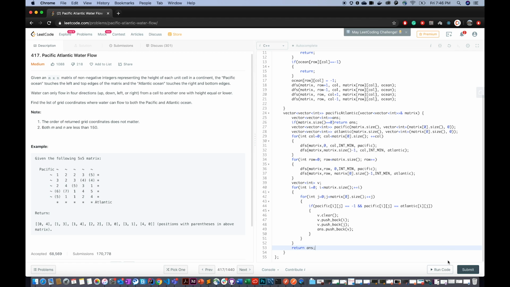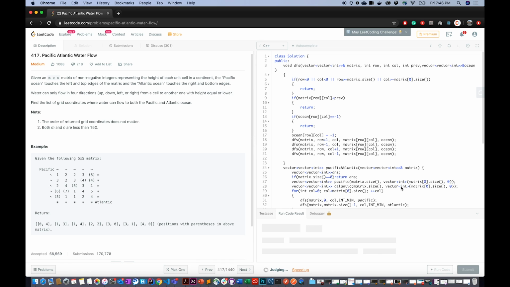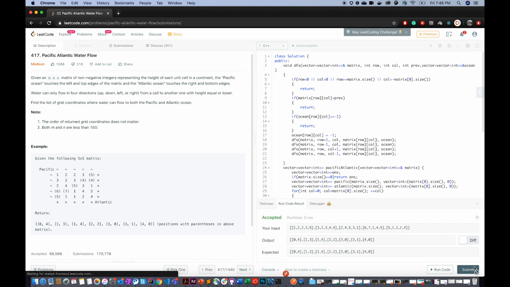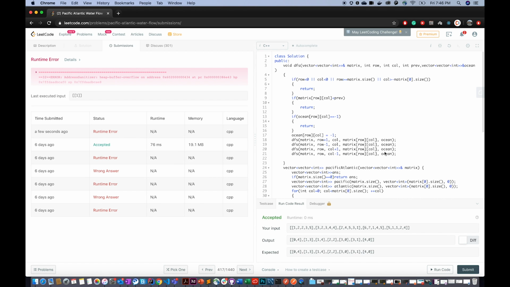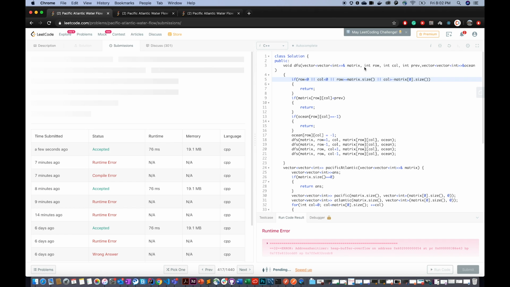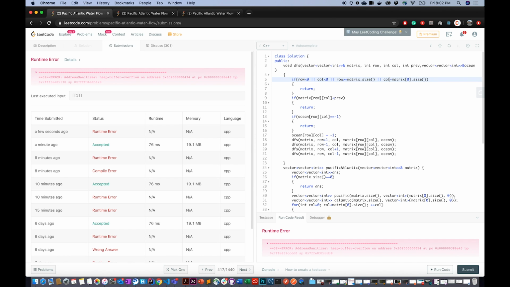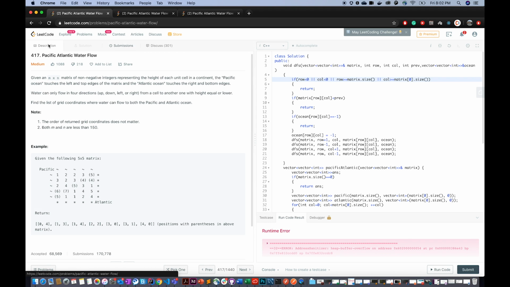So this is the entire code for it. Let's try and run it to check if there's any error or mistake I've made. Okay, so this works, and let's try submitting it. Yeah, so I made a small error here where it's supposed to be greater than or equal to, and I had written greater than minus. So I just fixed this, and now I submit again. As you can see, yes, this passes all the test cases perfectly. It gets submitted, which is great.